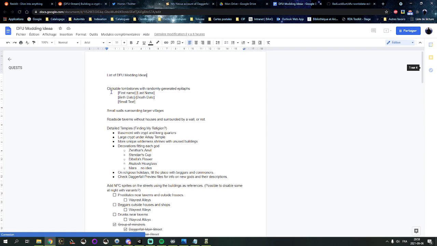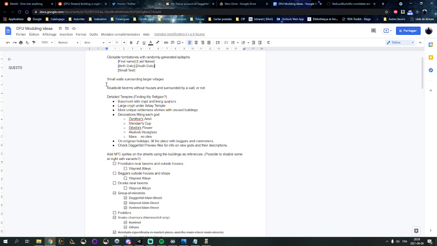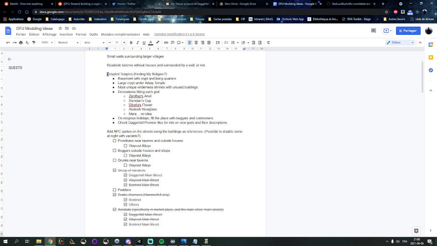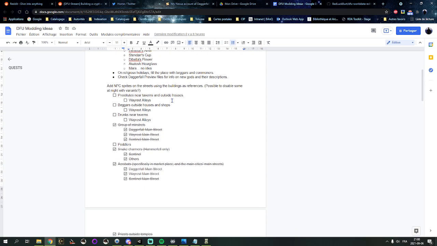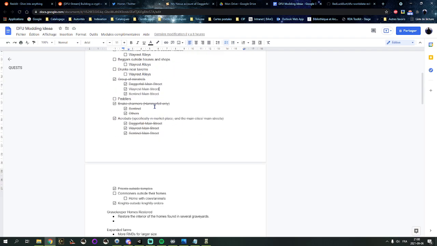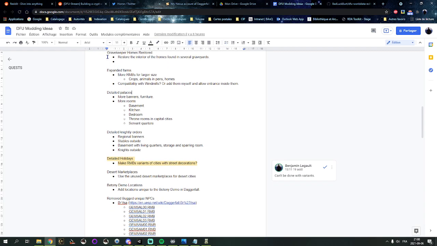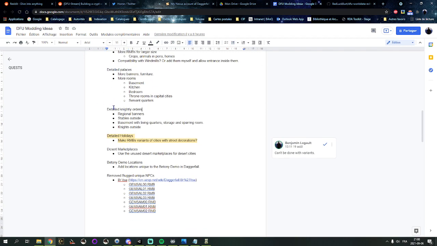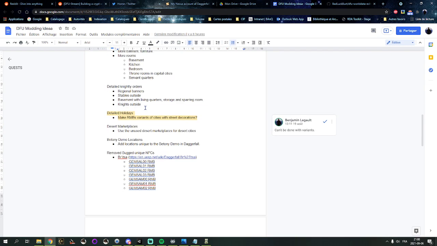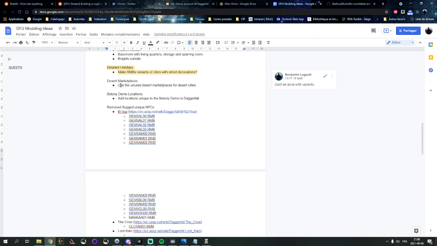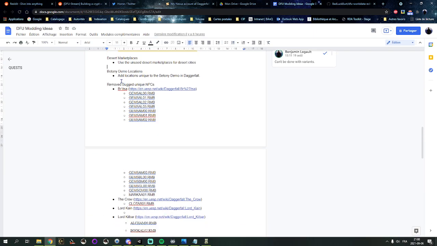Stuff like clickable tombstones with randomly generated epitaphs, small walls surrounding larger villages, and detailed temples. That's something I'm working on at the moment. That's for lively cities, so that's covered. That's something else I'm working on right now, but expanding the farms, making the palaces more detailed. Knightly orders as well, making them more detailed, like some original banners, tables, basements, desert marketplaces, adding the locations from